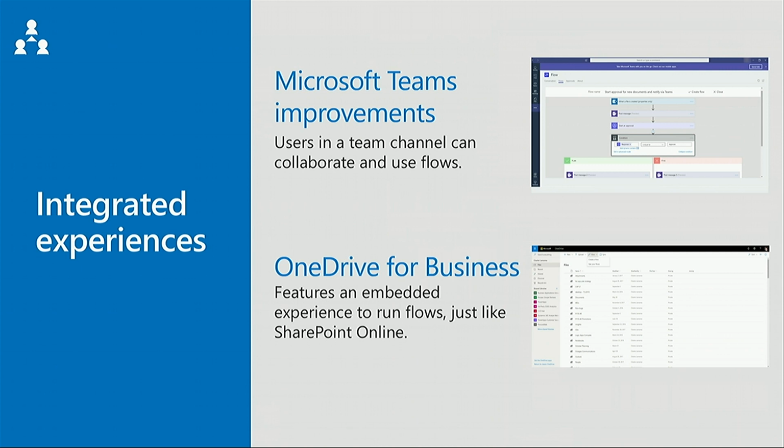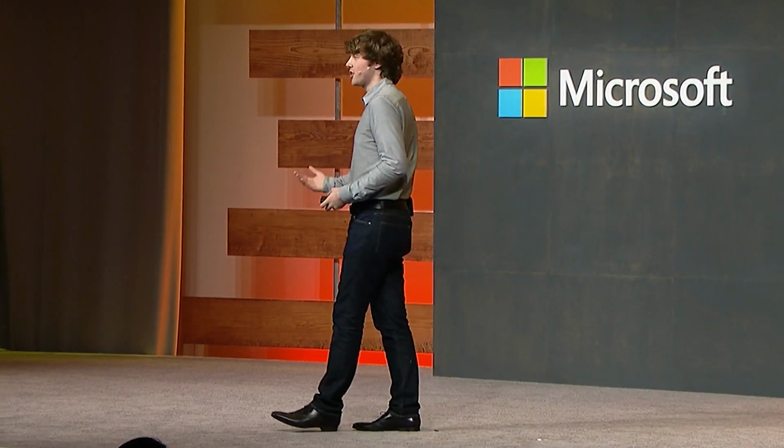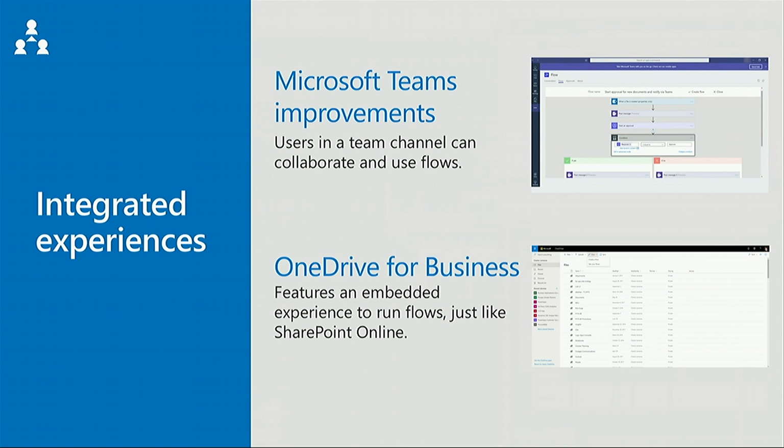In the case of OneDrive for Business, Flow also now appears in that list. So just like with SharePoint doc libs, you can go in and actually trigger a flow, either based on an event, like a file appearing, or in response to a user selecting a file and executing a flow, say requesting for approval or sign-off. That now all natively works in OneDrive as well. And again, these two things reflect the increasing investment across Microsoft on the Power Platform to be what drives customization and creation for Power users and developers alike. And this is going to be a consistent theme for us going forward, in that if you want to go customize a Microsoft product, you can go look to PowerApps, Flow, or Power BI as a way to go do that.